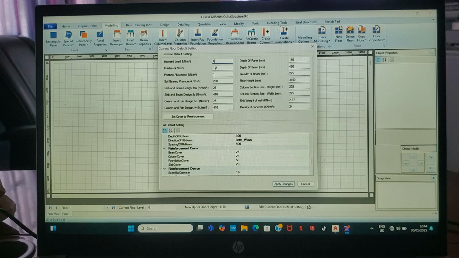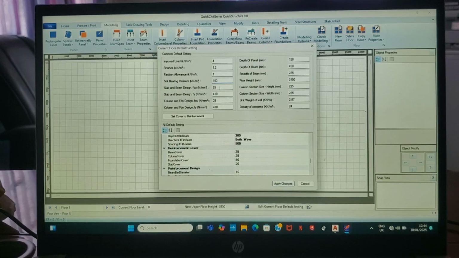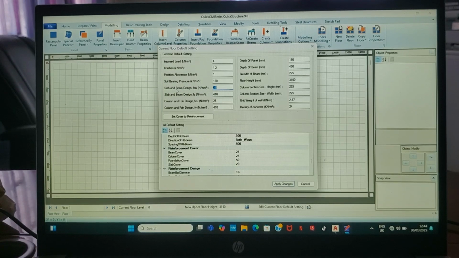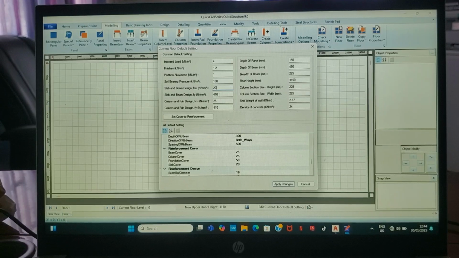Part finishes remains the same. Soil bearing capacity in my area is 180 kilonewton per meter square, but when I want to design I use 150. Slab and beam concrete characteristic strength I use 20. Then slab and beam steel characteristic strength is 410. Then the other one is